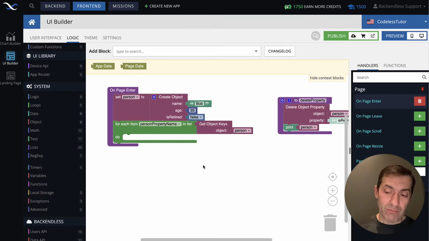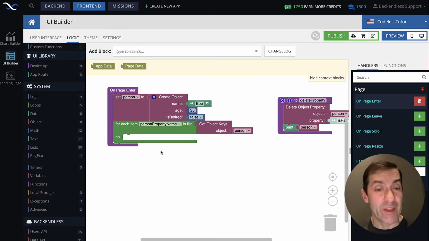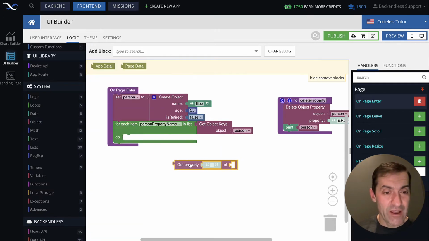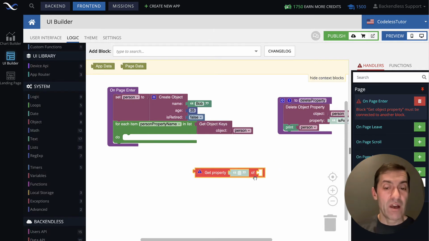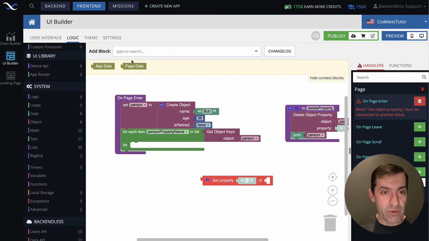Knowing the property name, we can actually extract the value from that object. That's something that we learned in the previous lesson. If we go here, this get property of will give us the actual value. So in this logic, we can create something that will print and inspect the entire object. And in here, let's bring this print back. And we will say this object property.